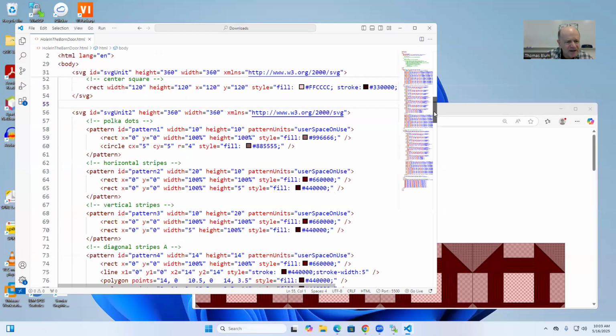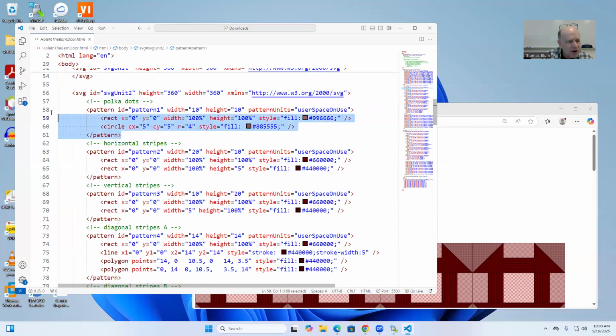Now I'm going to bring in the idea of pattern. So I'm making my first pattern. You make a small thing and then it gets tiled. And so I'm making a 10 by 10 unit that is going to be tiled. I put in that pattern a rectangle that completely fills it, giving me a background color. And then I put a circle in the middle of it. So if it is 10 by 10, then 5, 5 is the center. And I have a radius of 4. So it's a little circle sitting within